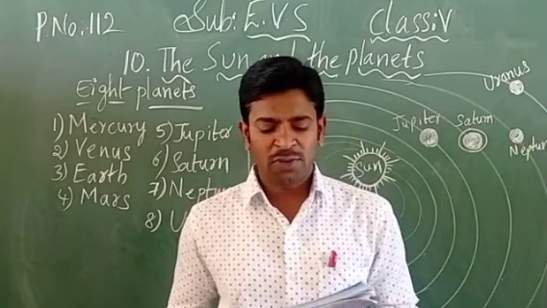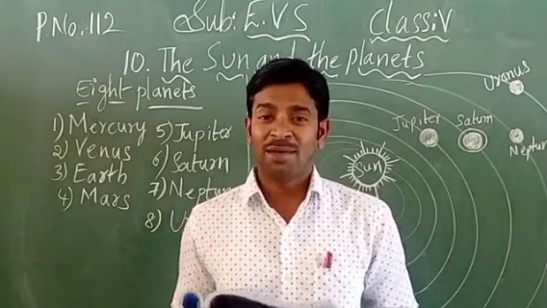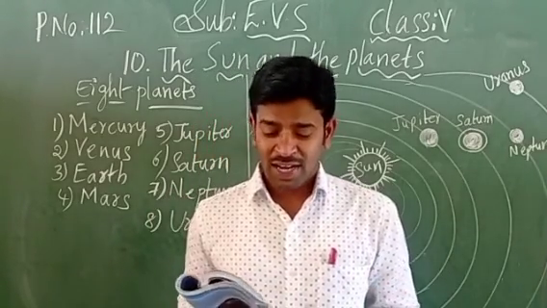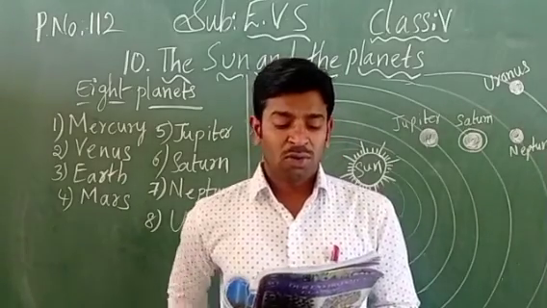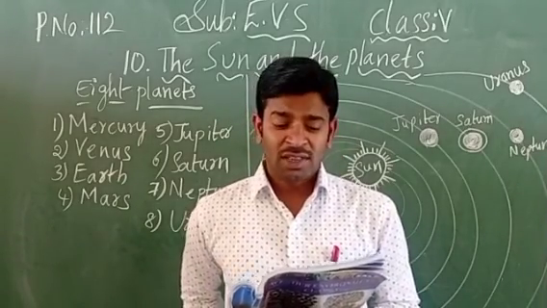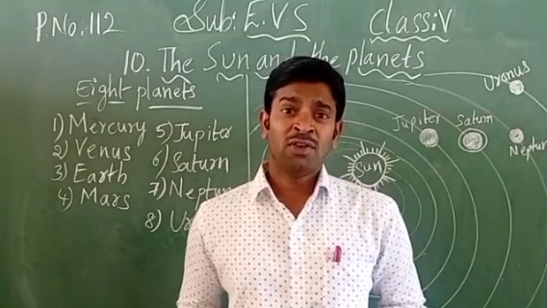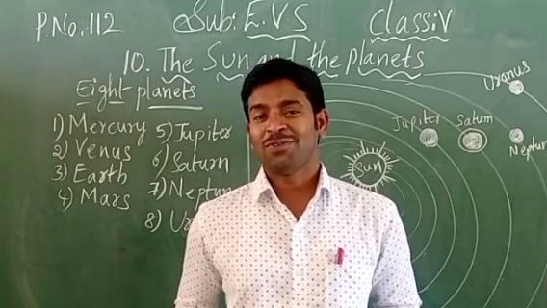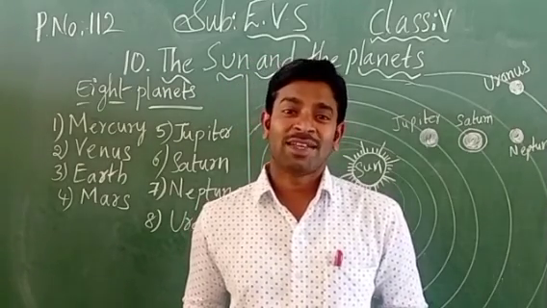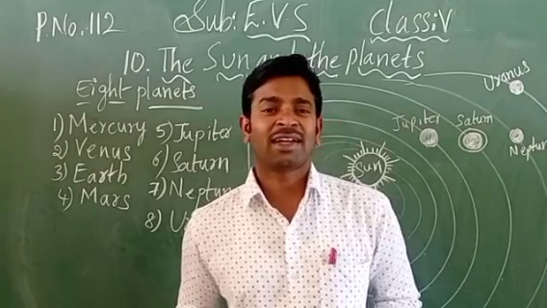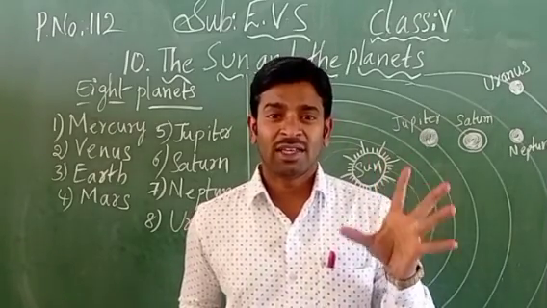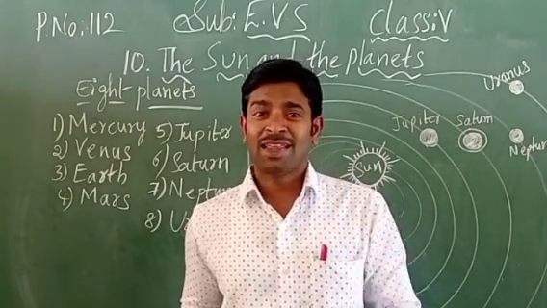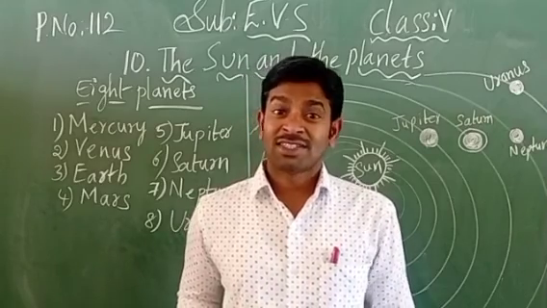"Oh, look how beautiful the sky is," said Nitya. So at that time both of them are discussing with each other. Nitya is saying a few words. What are those words, children? "Oh, look how beautiful the sky is." When you go to sleep during the night time, children, what do you mostly do? You look at the sky and then sleep. What will be present in the sky? The stars are present. In the darkness, the stars will be shining, giving brightness. Yes or no? And you can see the moon. Only one moon you can see, but all the other dots are stars, children.